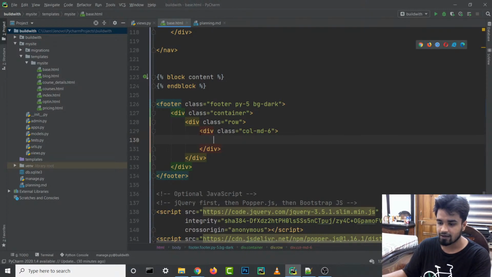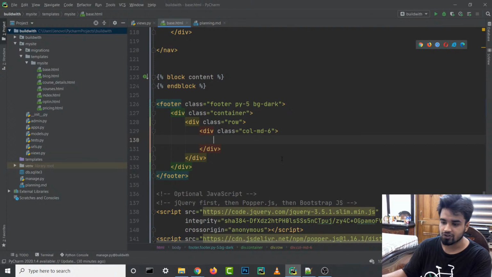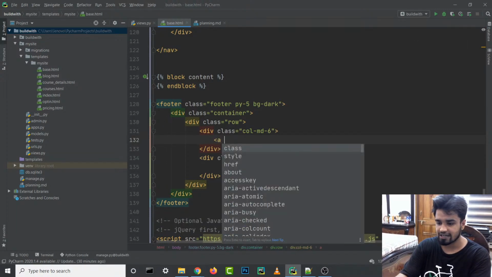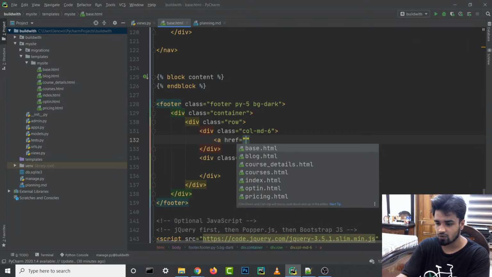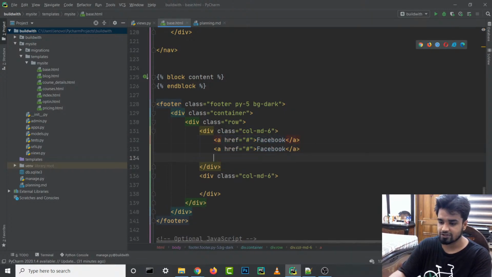So in Bootstrap, if you guys don't know, from left to right, there are 12 columns. So basically we can divide the screen into 6 columns and 6 columns. So we want the first 6 columns to contain social media and the other 6 columns to contain our other links. We're gonna format everything properly, and then inside this, first let's just get started with the A tag. We are not gonna put any kind of links over here. Let's just put hashtag because we don't want anything inside right now, and for right now we are just gonna write Facebook, and I'm just gonna copy and paste this again,